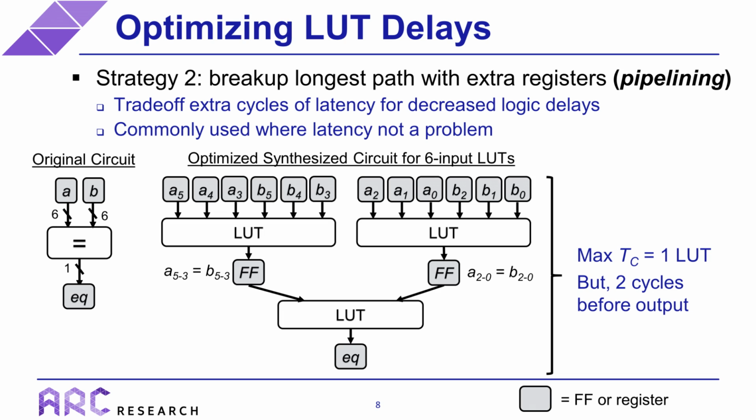However, what we can do is trade off extra cycles of latency for a significant decrease in lookup table delays by placing extra registers on the outputs of each one of these lookup tables, which is shown in the figure. So pipelining is a very powerful strategy. It will likely become your go-to strategy for most logic bottlenecks, but it does have some limitations to be aware